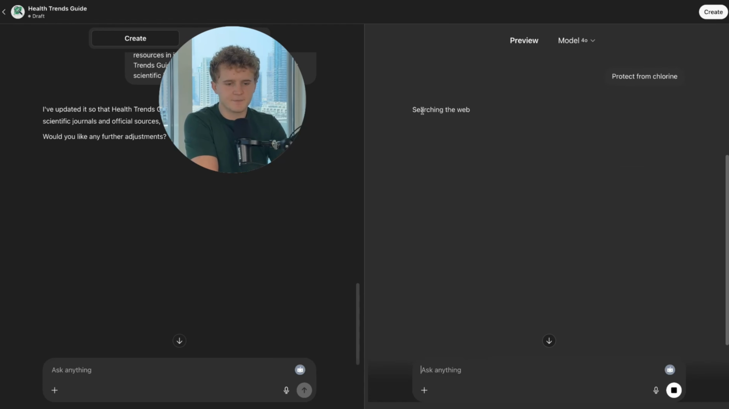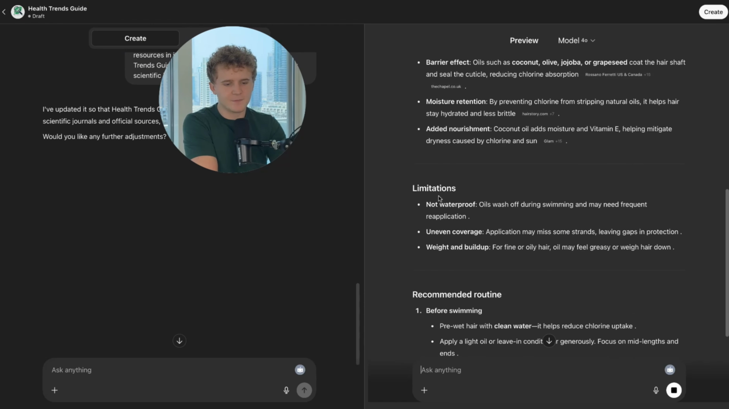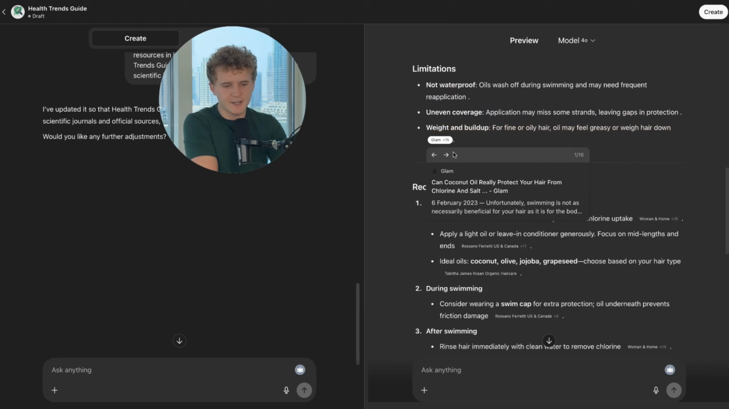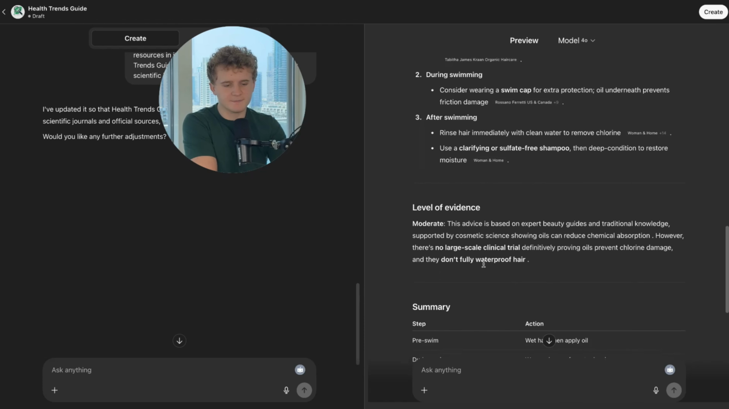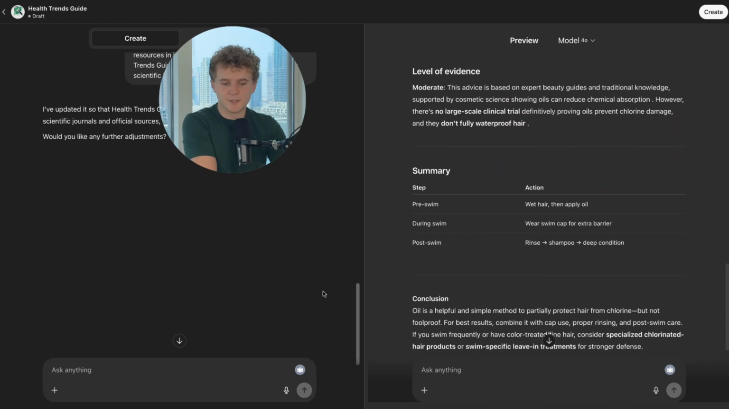And let's see. So now it's searching the web, it's doing the research, exactly what I want it to do. And it's telling me how it can help, what its limitations are, along with clarifications here. And I can even see what the sources are. Perfect. And then what it recommends. And it's giving a thing. Perfect. And maybe I even want to say,